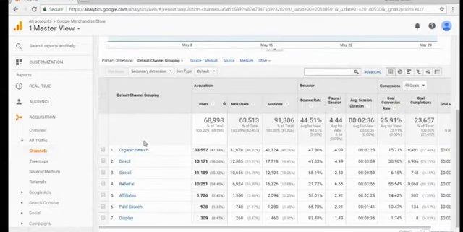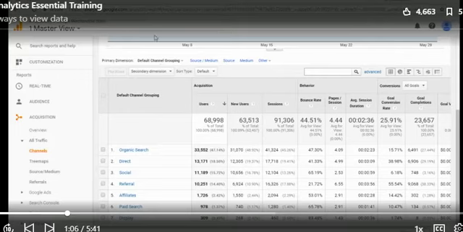So we have all of our traffic segmented into these dimensions, these rows here, and the primary dimension is set as a default channel grouping that's going to represent the ways the visitor came to our site. And on the other side of the table, these columns or metrics are split into 3 sections that group their function. We have the acquisition, the behavior, and the conversions. For example, new users metrics tells us all about the traffic we are acquiring. And the average session duration speaks to the behavior of those users once they're on the site. And then the goal completions metric is going to tell us whether or not they converted once they were there. Now, this tabular format,